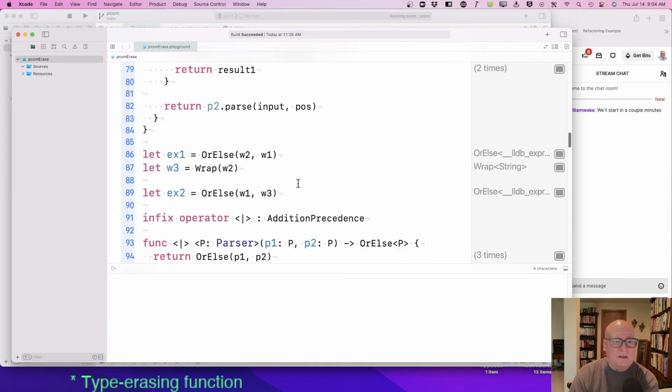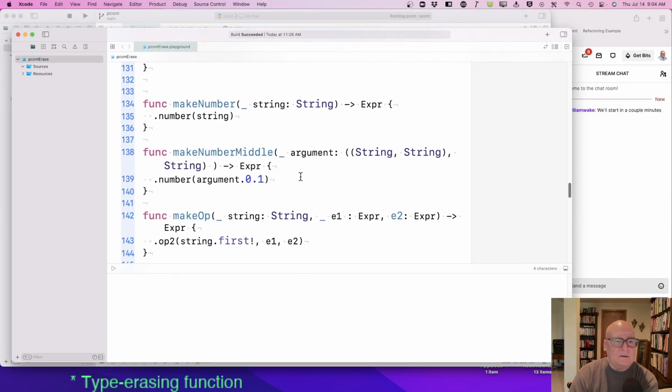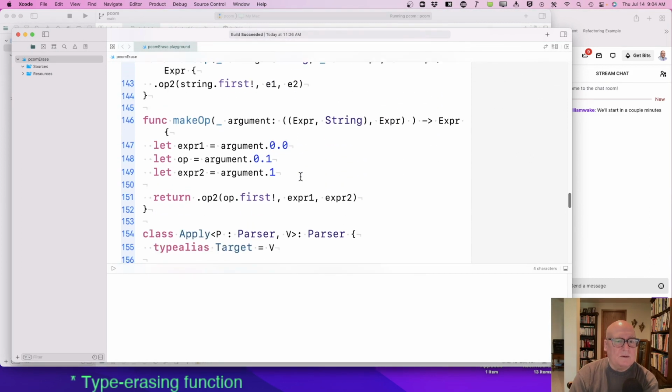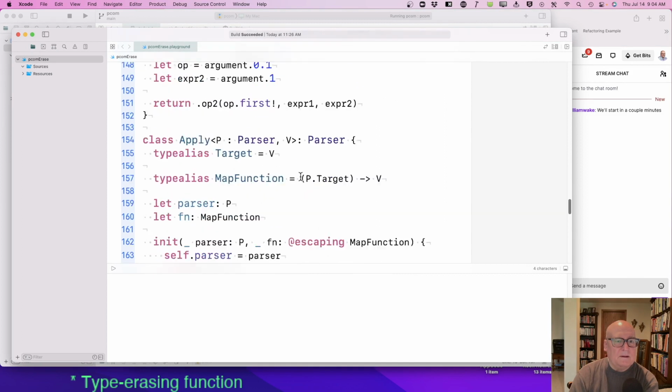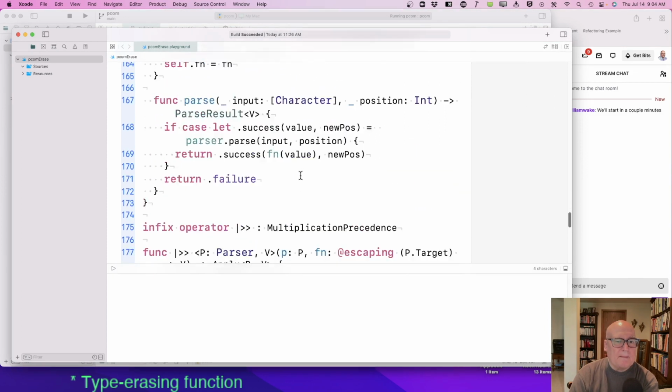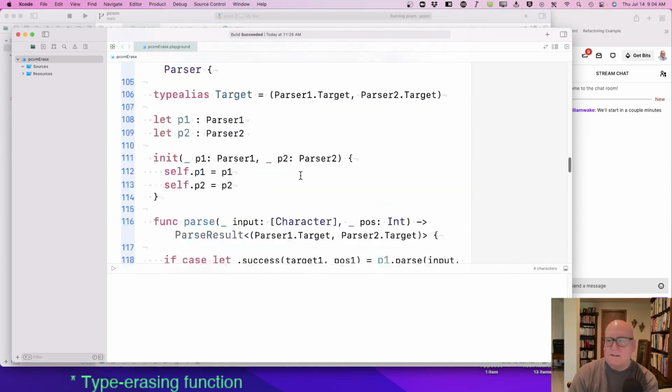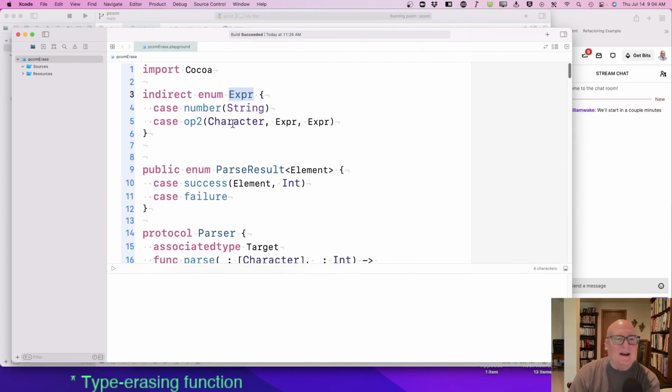Towards the bottom we're doing it. That's the output type we're trying for ultimately.